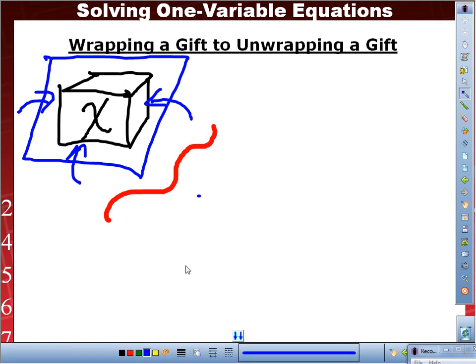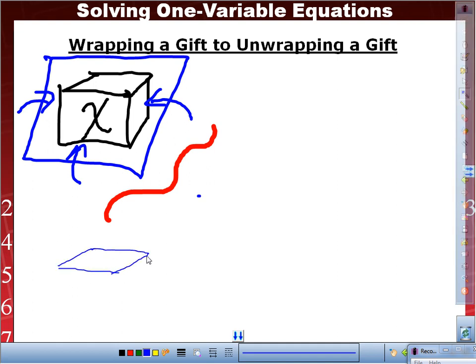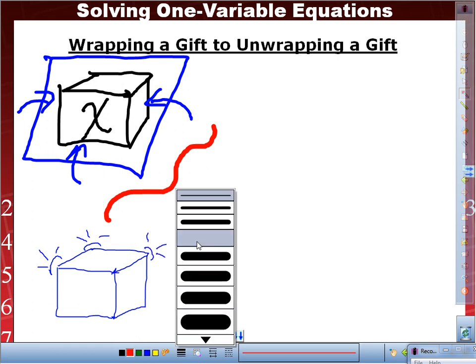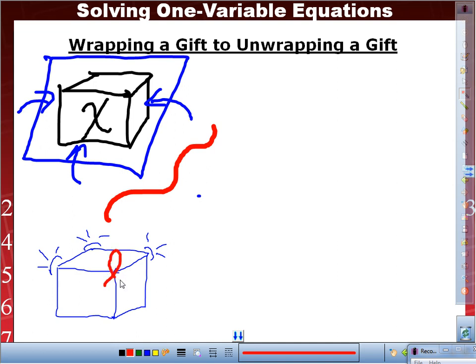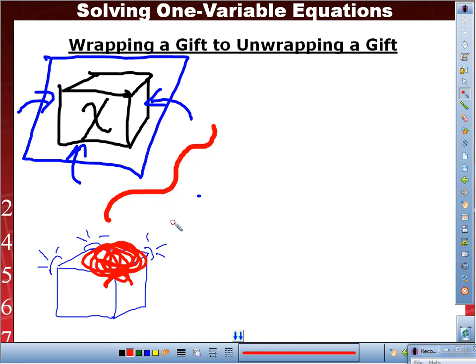So then at the end, it's going to look something like this. Let's see. And here's the bow. There it is. Everybody picture it? Yes? All right. Well, guess what? Equations are this. It's a gift that's wrapped. And to unwrap it,